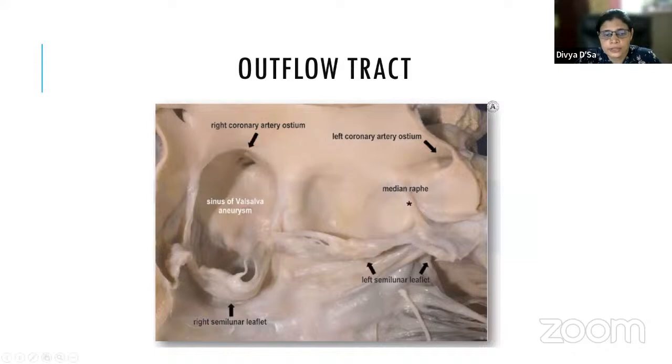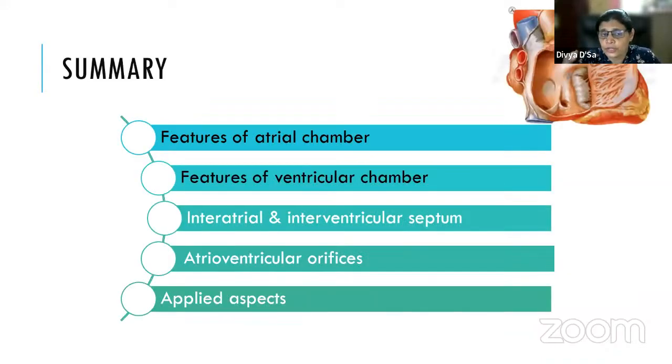So these are the leaflets you can see. This is in the living heart, as we will see. Okay, so these are the things which you should write. When we write about the features of the atrial chamber and the features of the ventricular chamber, so when we summarize,